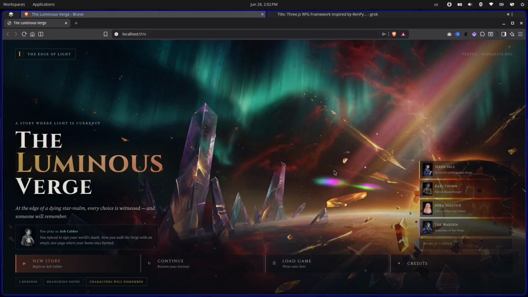And overall, I think because of how the API works with Grok, this would be really good to make a visual novel. Even if you have to use Ren'Py and you can connect an MCP, I think that will work as well.